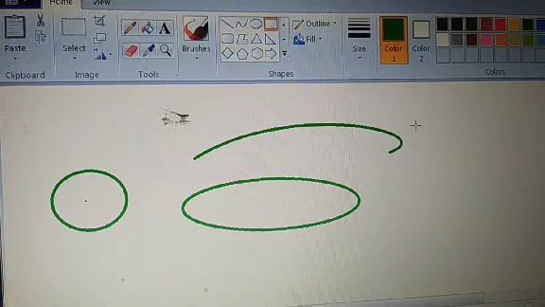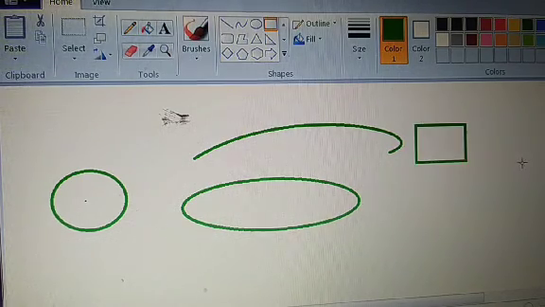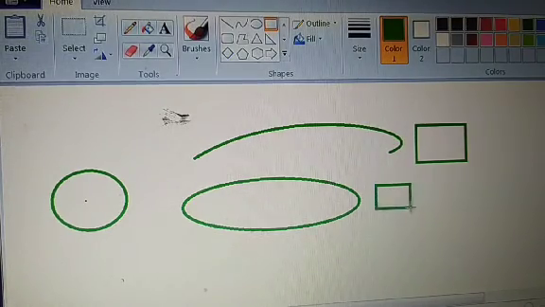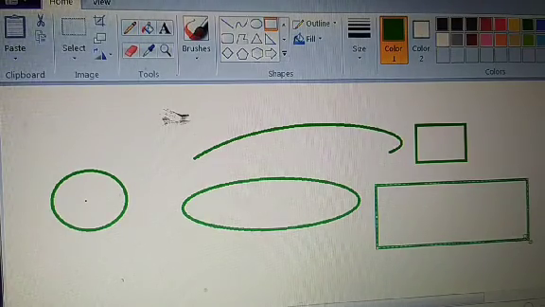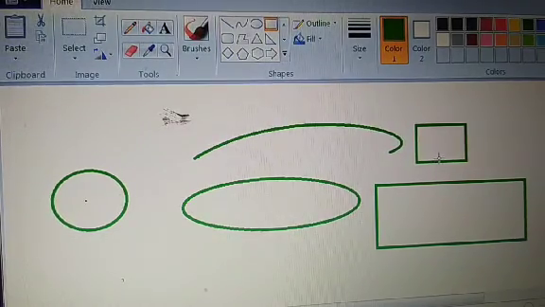Through this we can draw a square and we can draw rectangles. Shapes we have learned in the math subject. So the rectangle tool is used to draw a square and rectangle.